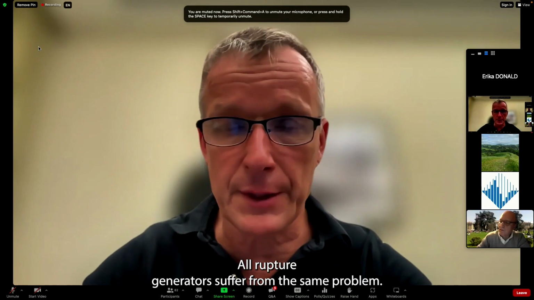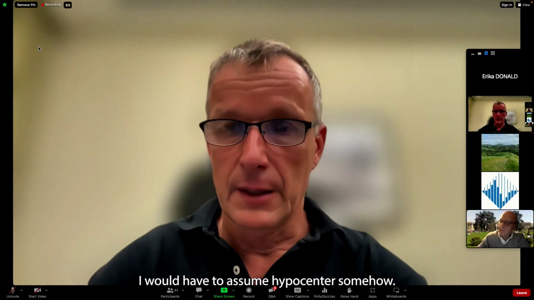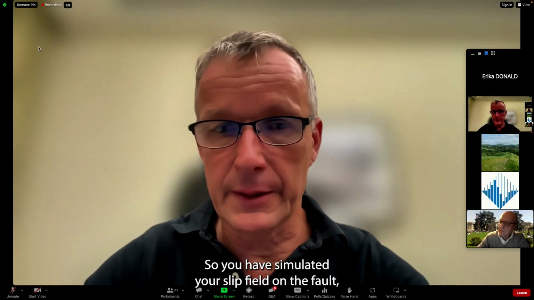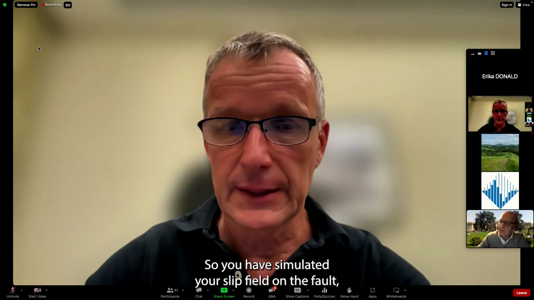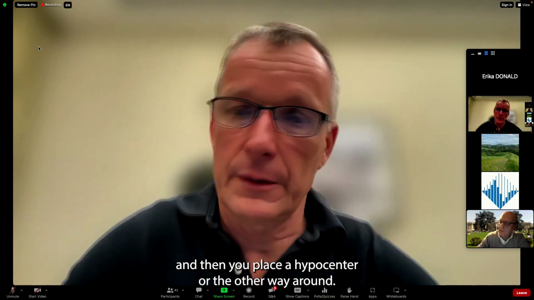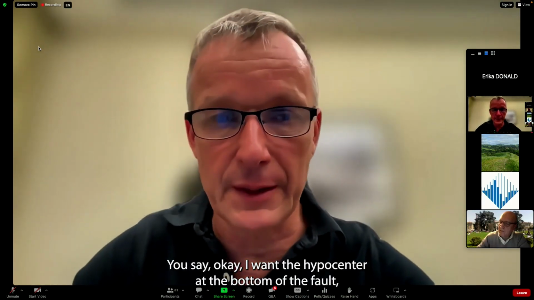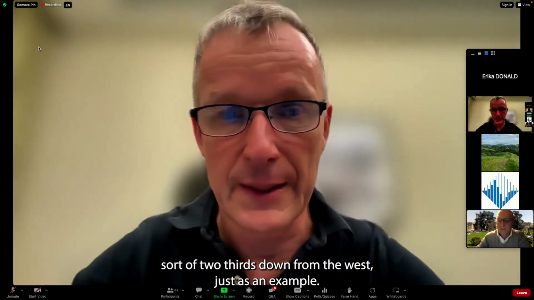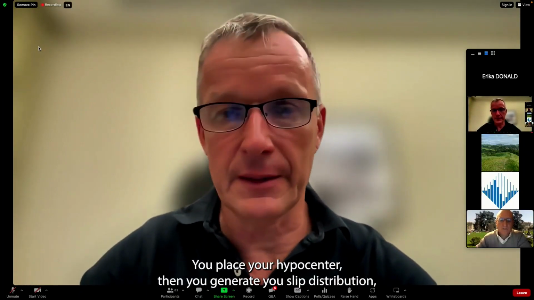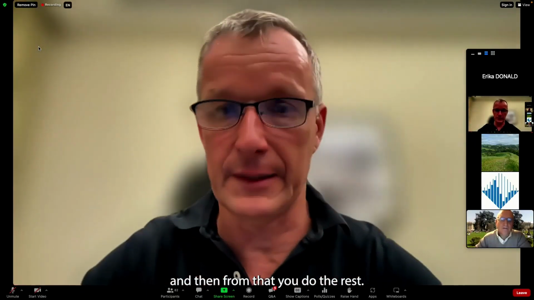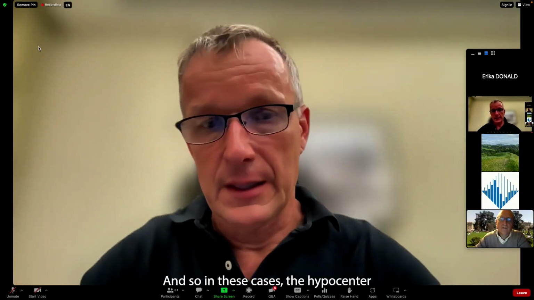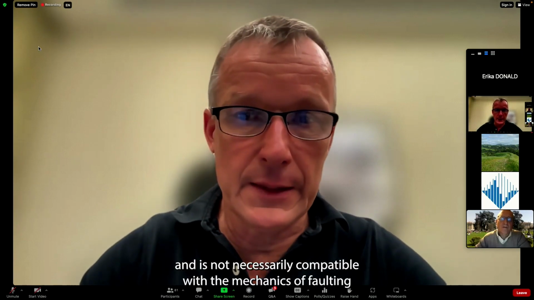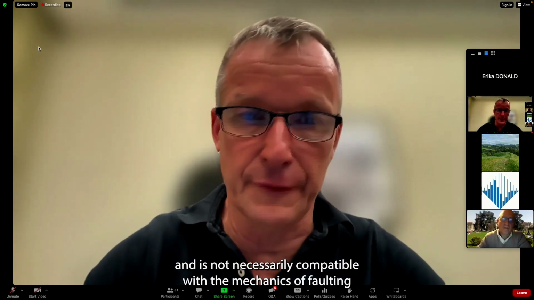Martin? Yes, all rupture generators suffer from the same problem. We have to assume the hypocenter somehow. So you have simulated your slip field on the fault, and then you place a hypocenter. Or the other way around, you say, okay, I want the hypocenter at the bottom of the fault, two-thirds down from the west, just as an example. You place your hypocenter, then you generate your slip distribution, and then from that you do the rest. And so in these cases, the hypocenter position is chosen arbitrarily and is not necessarily compatible with the mechanics of faulting